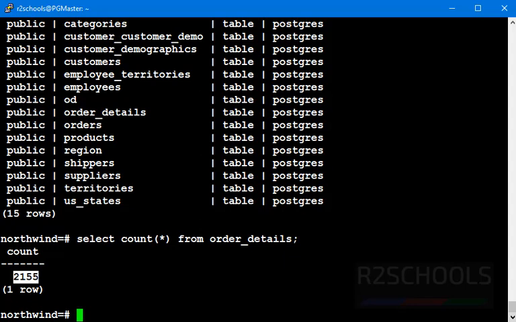So in this video we have seen the syntax to backup and restore a table in PostgreSQL. Then we have seen the example to take backup of a table. Then we have cleared the table data. Then we have dropped the table of which we had already taken a backup. Then finally we have performed restore of the table using the backup of the table. Whatever commands are executed in this video will be kept in the video description.